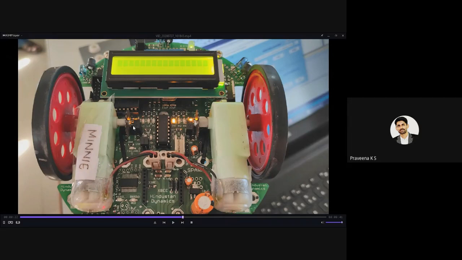And again, if you observe here, there is something called a tooth-like structure, right? See, both the wheels have a tooth-like structure. So what is this? They are called position encoders. The use of this is to define the robot position at any point of time. It gives feedback to the controller, just like a closed loop.